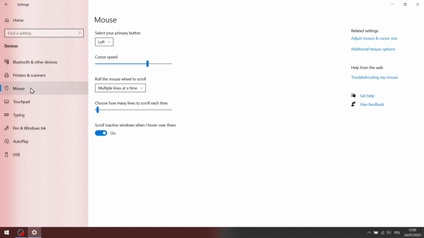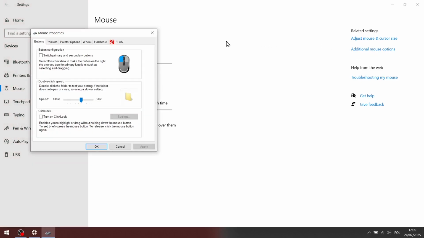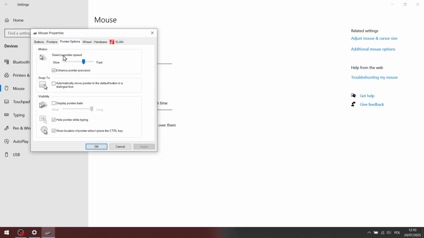Here we can find a lot of really useful settings, but we are interested in moving our cursor to the right side, and we need to open Additional mouse options. Now we have the Mouse Properties settings displayed here. We need to go to the Pointer Options tab, and in the Visibility section we can find the Display pointer trails setting. As you see, this option is actually disabled, so we need to check this option if we want to